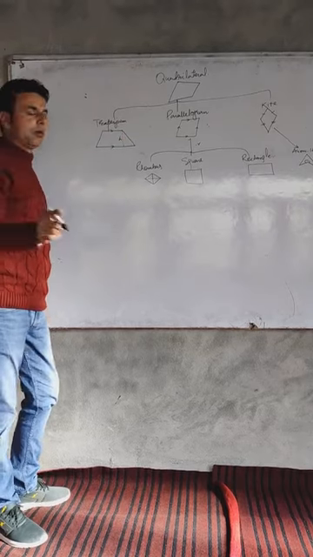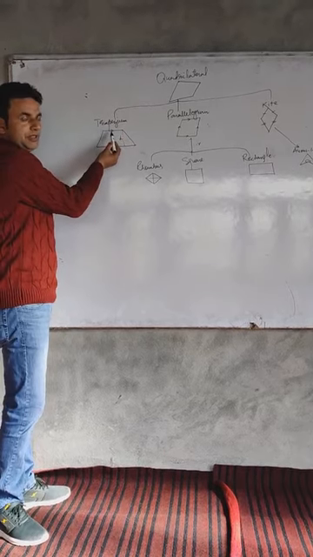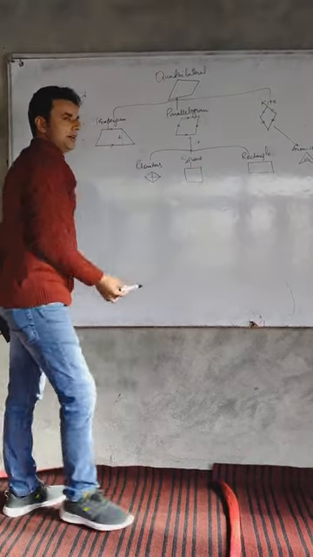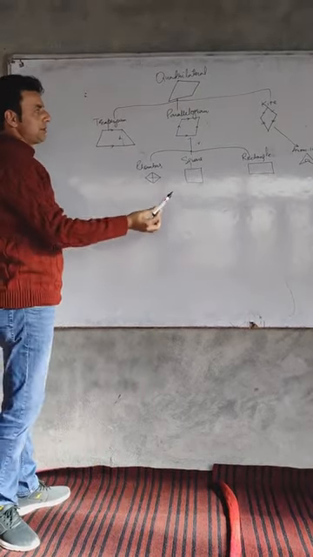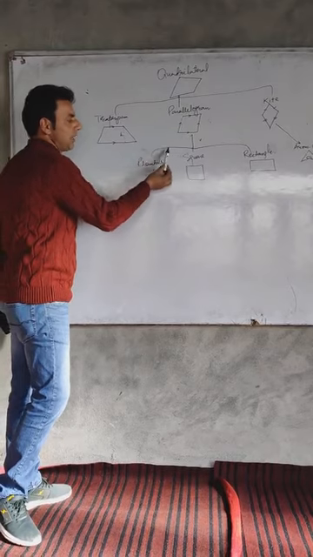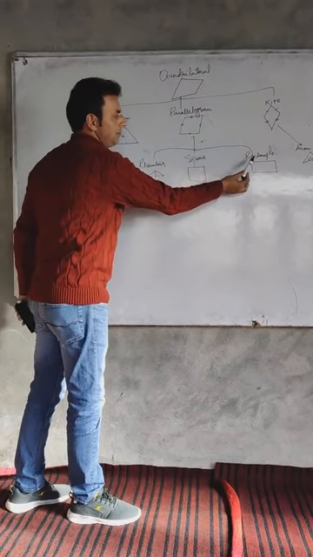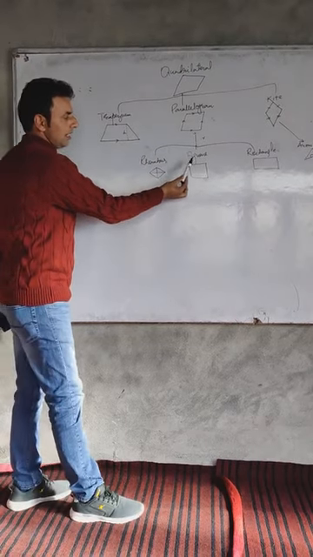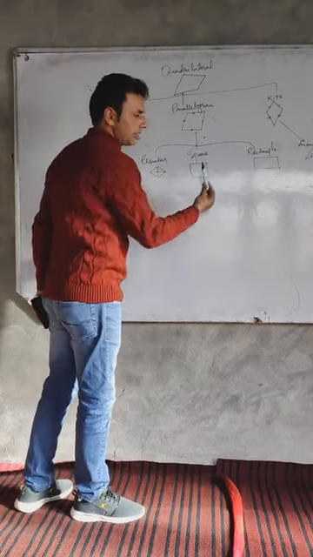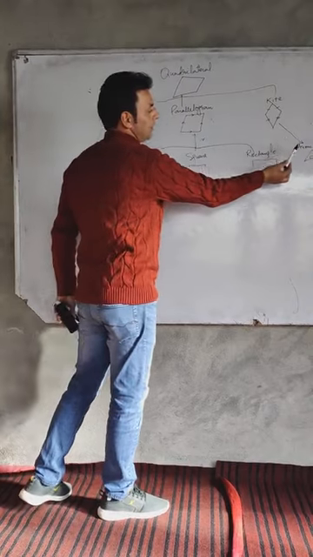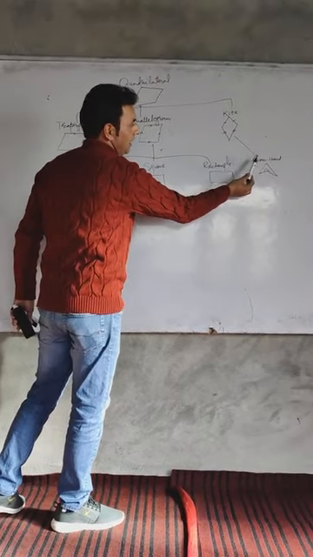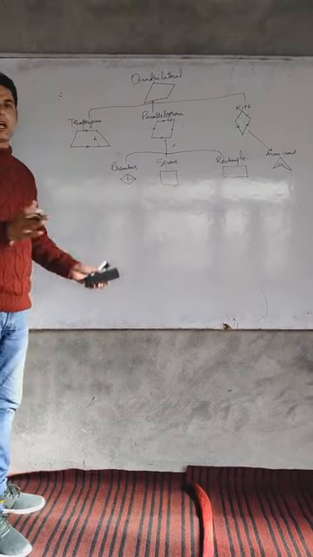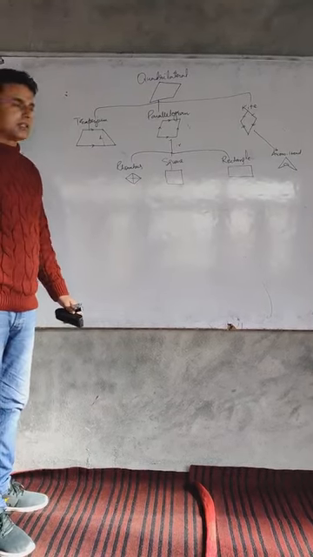The first type of quadrilateral is trapezium. Second type is parallelogram. Third is kite. Now there are subtypes of quadrilateral, and those subtypes are basically the types of parallelogram. The first type of parallelogram is rhombus. Second is square, and third is rectangle. One more subtype of quadrilateral is the type of kite, and that is arrowhead. Today we have to define all these types of quadrilateral and its subtypes.